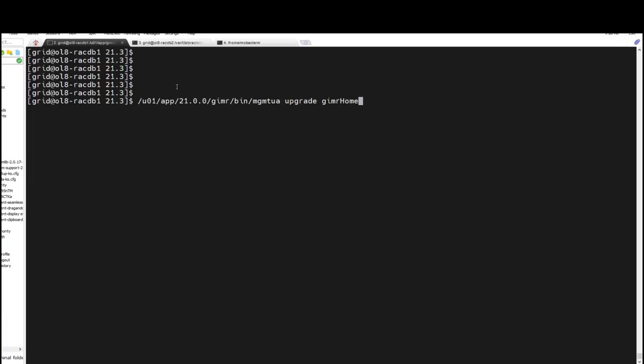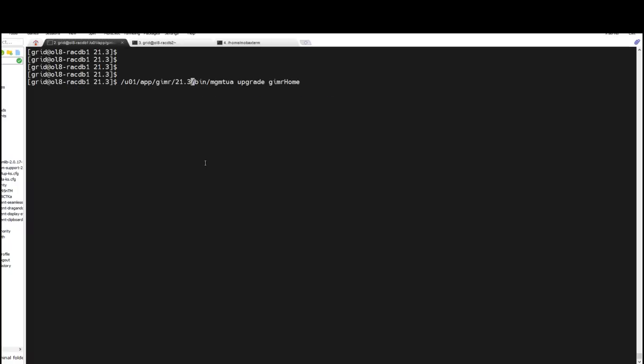I will paste here and then change the location to my Grid Infrastructure Management home. So I will edit this, I will remove this, and then I will add 21.3. So we change this and then we start the upgrade.